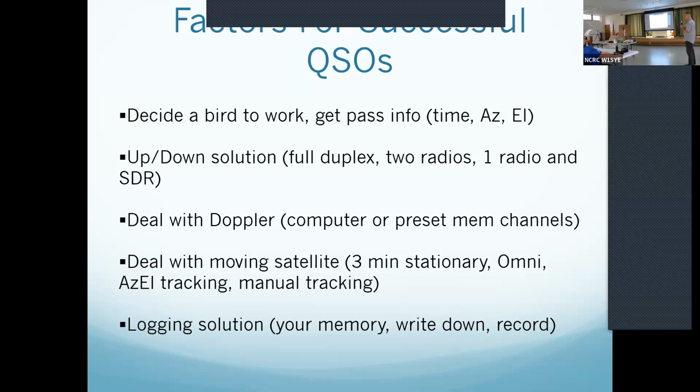Decide how you're gonna do your up and down. Are you gonna do one radio and just be a tough guy, or you're gonna have the dual bander, or you're gonna do 2 radios? It's best to hear yourself. I mean, the one radio is pretty hardcore, unless it's a full duplex, but it's really good to be able to hear yourself. And that in itself is kind of cool because you're like, hey, that's me, I'm coming down from